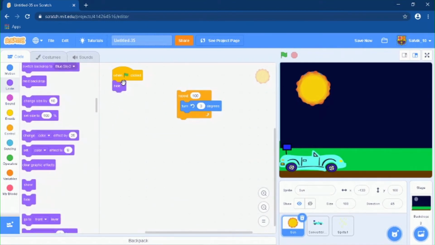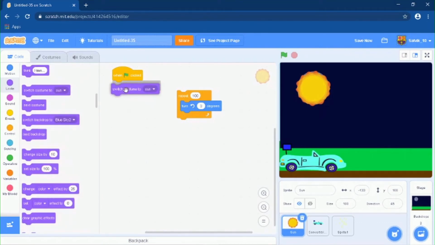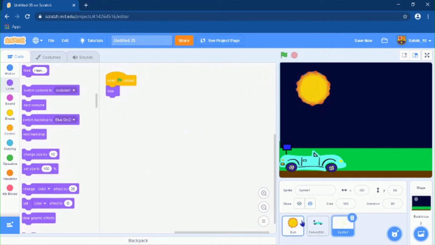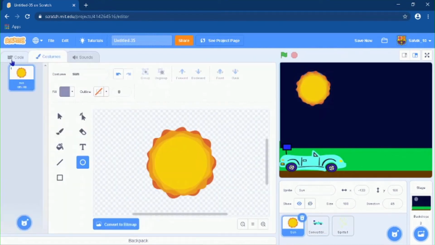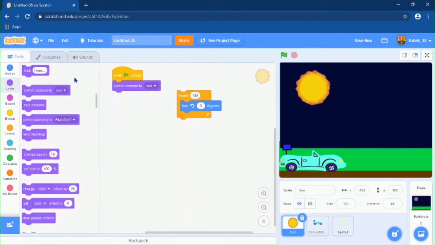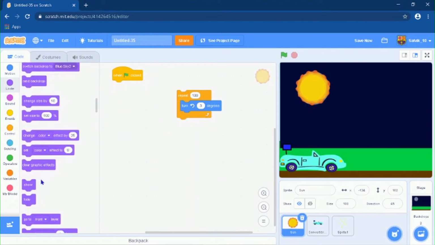So it will hide. Actually, it will not hide. It will switch the costume to the... wait, yeah, that's in the backdrop. So it actually has to hide before it does all of that stuff. So what you're gonna do is when blue flag is clicked, it's gonna hide, and then what you're gonna do